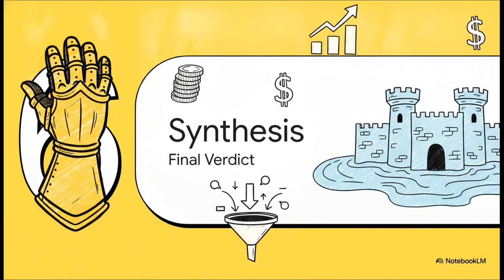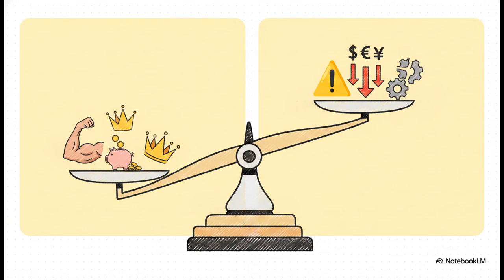All right, Section 6. Synthesis and Final Verdict. We've run the gauntlet, so what does it all mean? As an analyst, you always have to weigh the fundamental strengths against the macro risks. On the plus side, you've got this unstoppable momentum in emerging markets, like that 7% growth in India, plus those